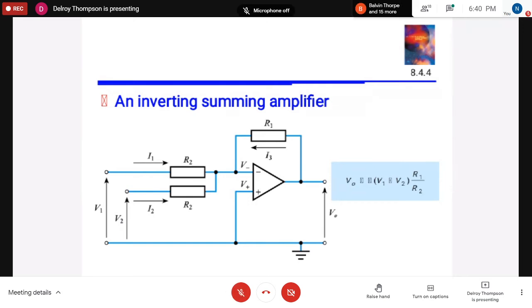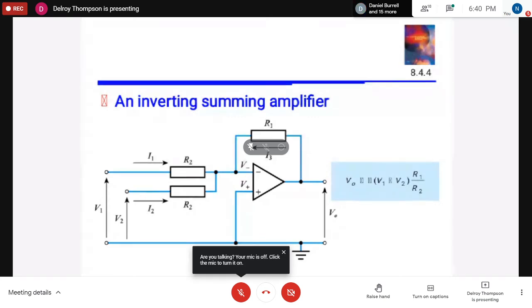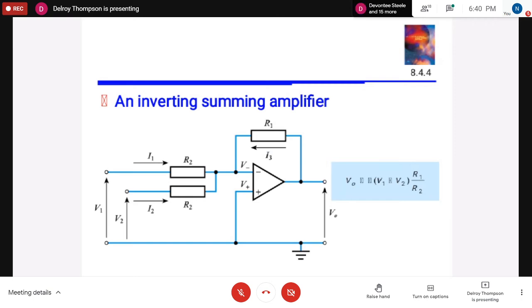Wait, sir, you say minus VO over RF, right? Yes. VO is the output voltage, and that is the voltage that's going to be divided by the resistor that is being fed back. So we could say it's VO over RF, right? Yes, sir. But wait, sir, if they were equal, then, sir. So let's go to my whiteboard just to make sure that we're getting it perfect. So I'm giving you one more clean sheet. So we're saying that